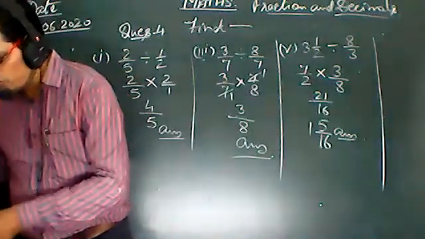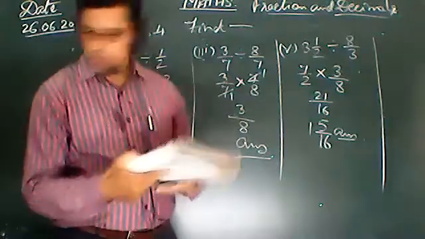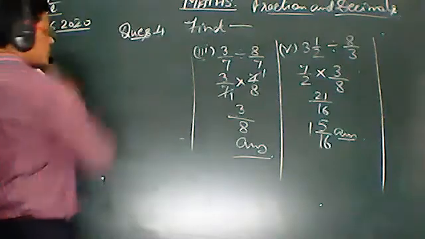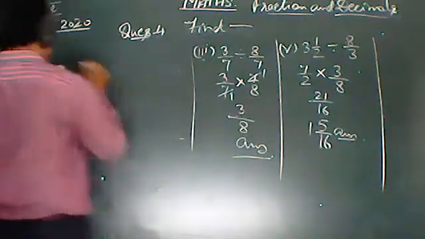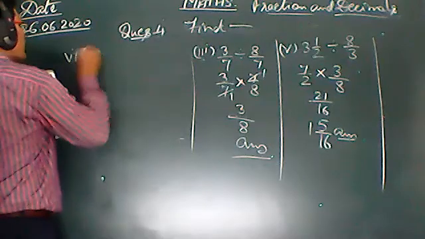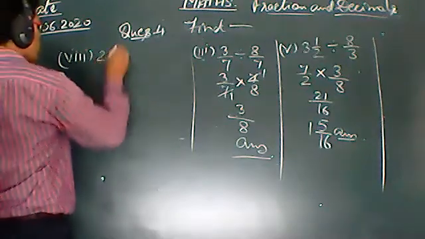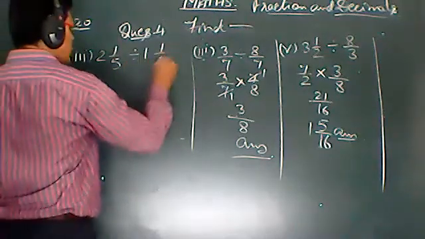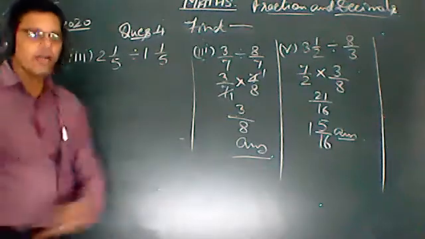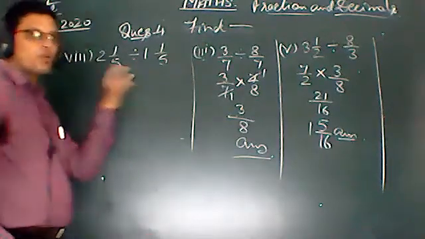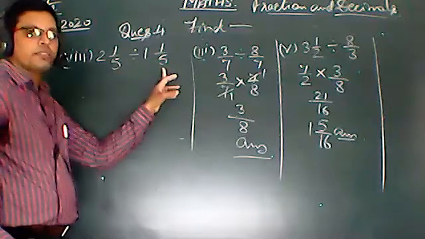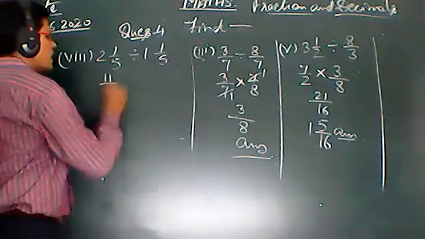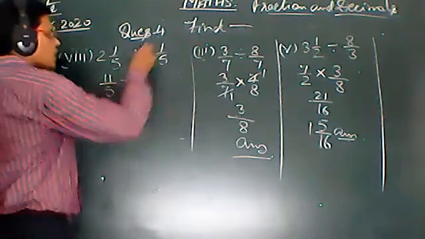Now, one question we have done, the 8th part of this question. The 8th part of this question, 2 whole 1 by 5 divided by 1 whole 1 by 5. First, you convert the mixed fractions. Both are mixed fractions. You convert them into improper form. 5 2s are 10 plus 1, 11 by 5, divided by 5 1s are 5 plus 1,